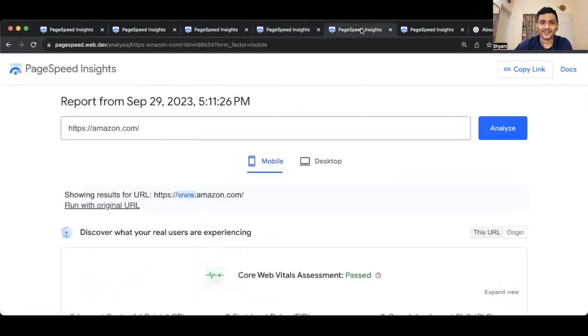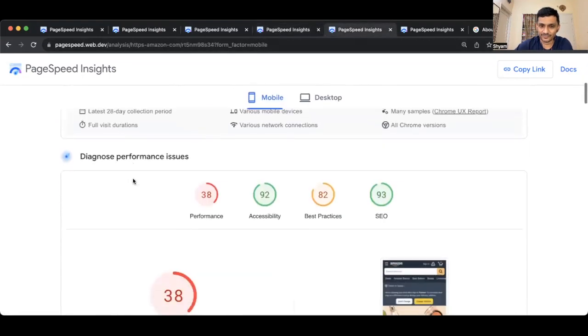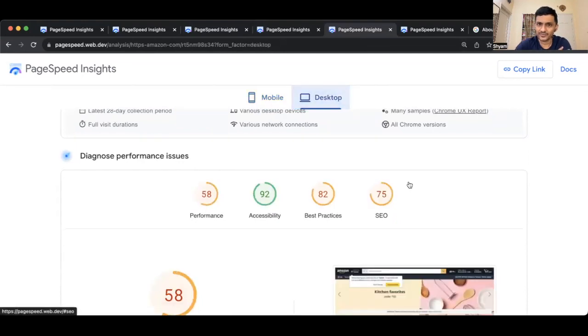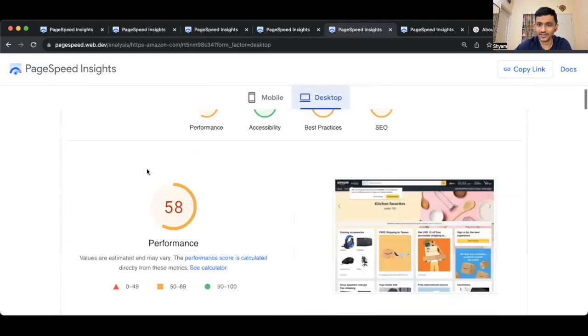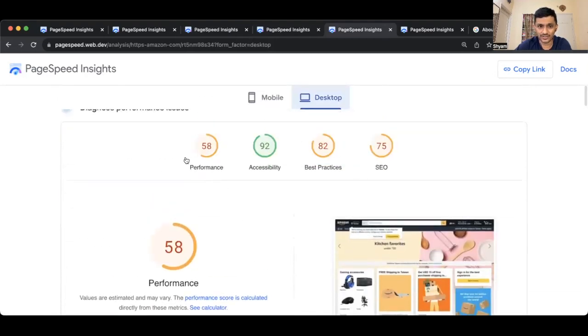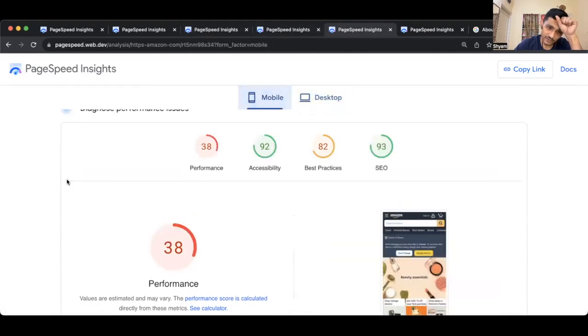Surprising, right? Amazon.com, 38, 92, 82, 93. So you see, in many cases, in mobile versions, the performance is really bad, right? Here, this is Amazon.com, okay? And you see the desktop version, again, 50s, 82, 75, only one in the 90s. So what I'm trying to tell you is that if you have a low score,